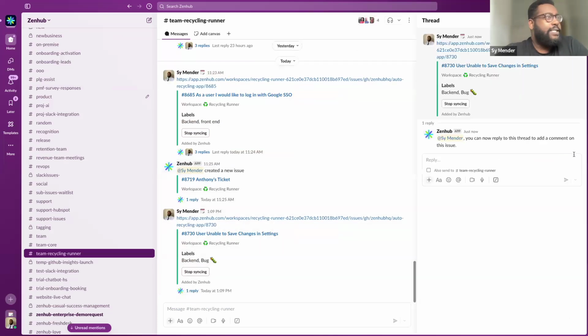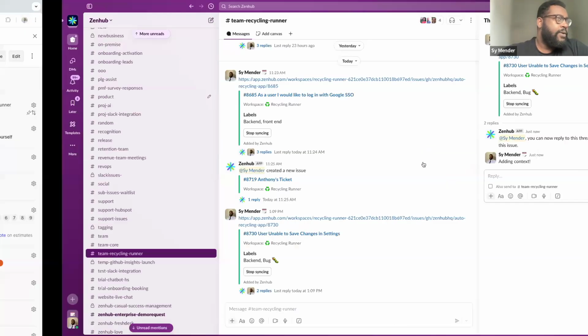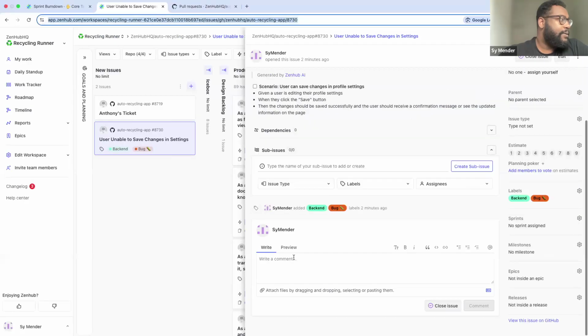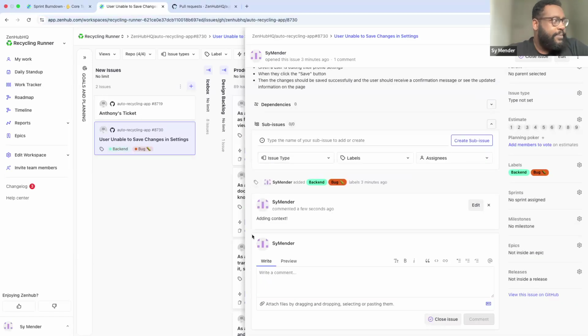And what this does is when we are adding context or asking questions that's directly pertinent or relevant to a specific ticket that we might be working on, when we make that change in Slack, we can actually go back to that same ticket within Zenhub and see that that information has been added.